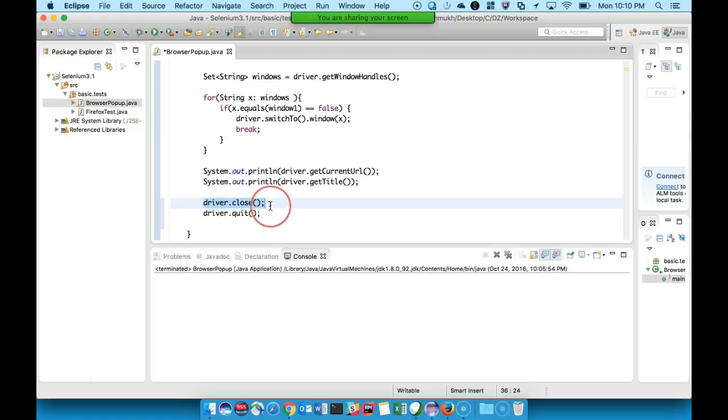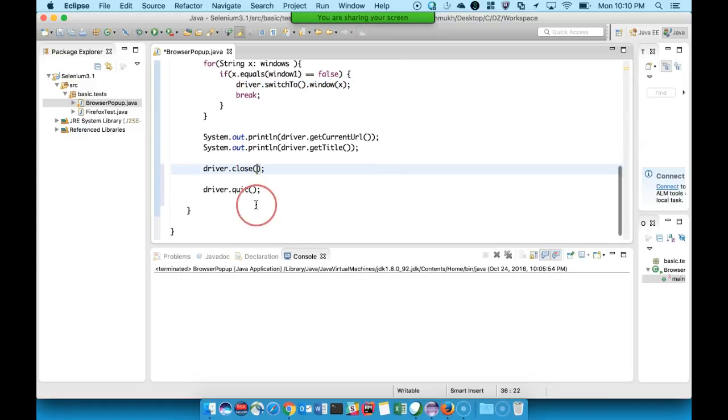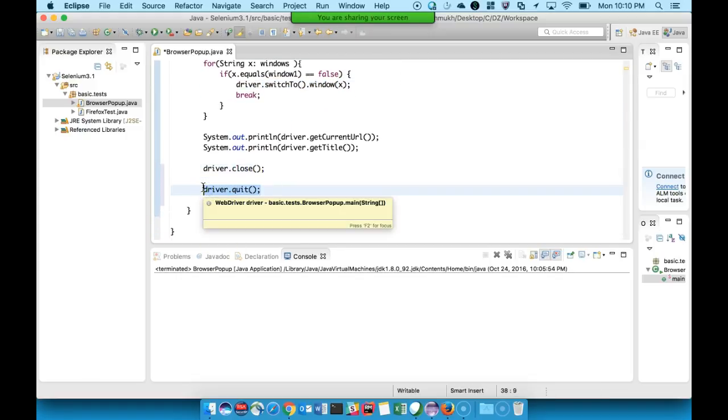But let me tell you, if in an interview somebody still asks what is the difference between close and quit? So what close does, close will only close the active driver window. So whatever is the active window, only that it will close. Quit will quit all the windows which are opened by driver, doesn't matter on which window it is.